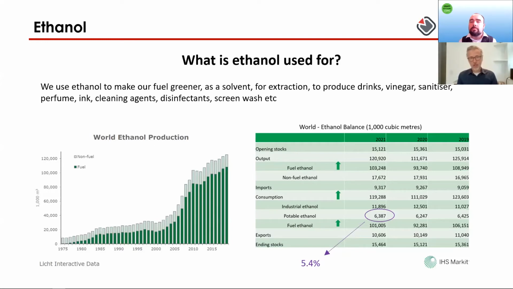In the right graph, you can see that it divides ethanol mainly into fuel and non-fuel, and then the non-fuel is subdivided into industrial ethanol and potable ethanol. And potable ethanol, that's where we come in. That's where the beverage also sits. It's not just beverage, it's also food. But you can see only a very small percentage, 5.4% of the total ethanol that is produced, is for beverage